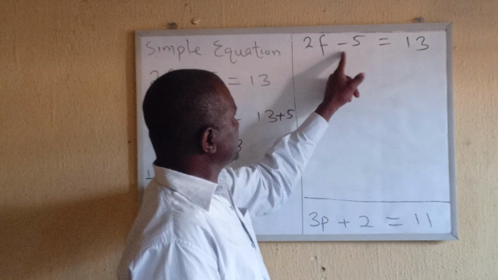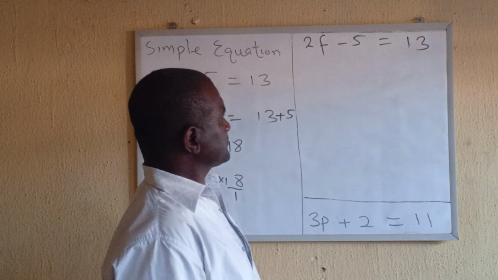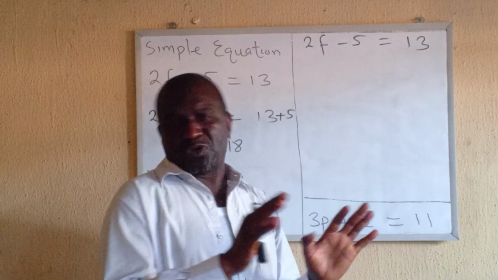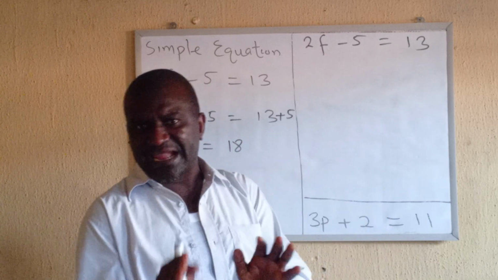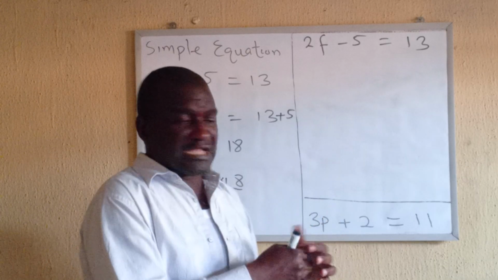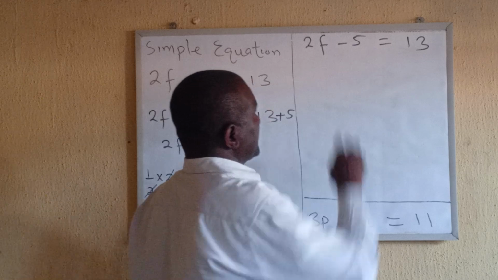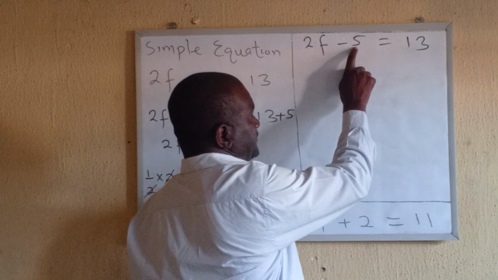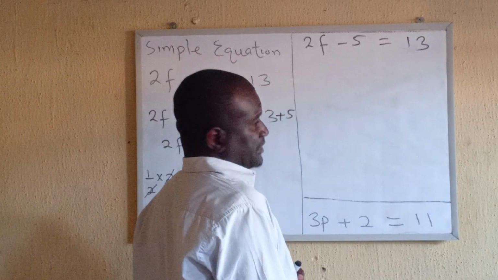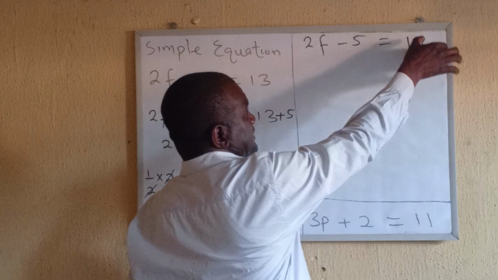minus 5 leaves the left hand side to the right, it becomes positive. That means once a number changes side, we're talking about side here, we mean left hand side and right hand side. Why it changes side? The sign is always the sign in front, this plus or minus, what we mean by the sign. So when you have a minus 5 on the left here, if it comes here on the right, it becomes positive. The same thing too, if I have a plus 5 here on the left, it goes to the right,